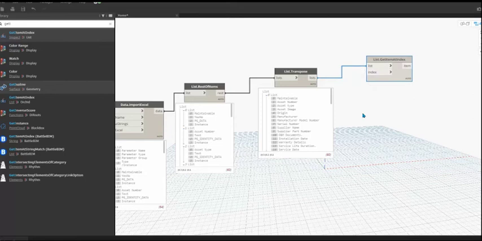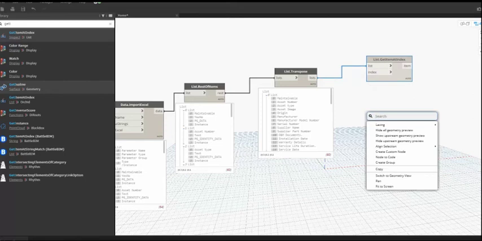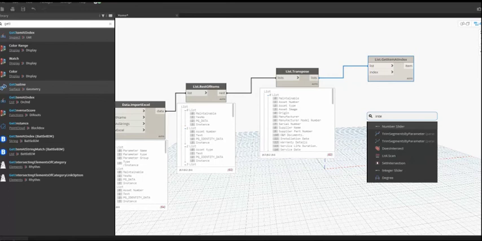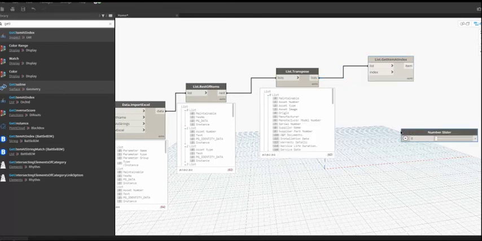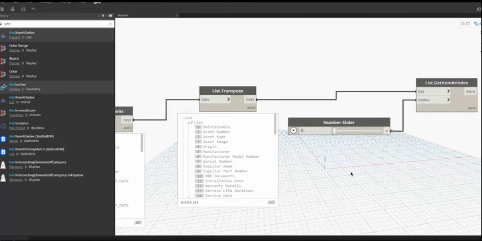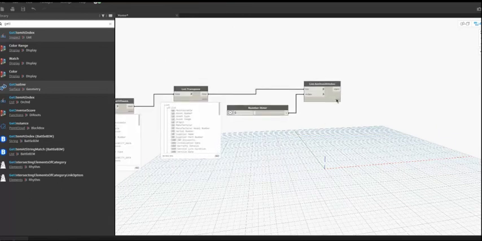The Get Item At Index requires two inputs. One is the list, another is the index. The index is nothing but the level from the list. Index 0 has the parameter name.